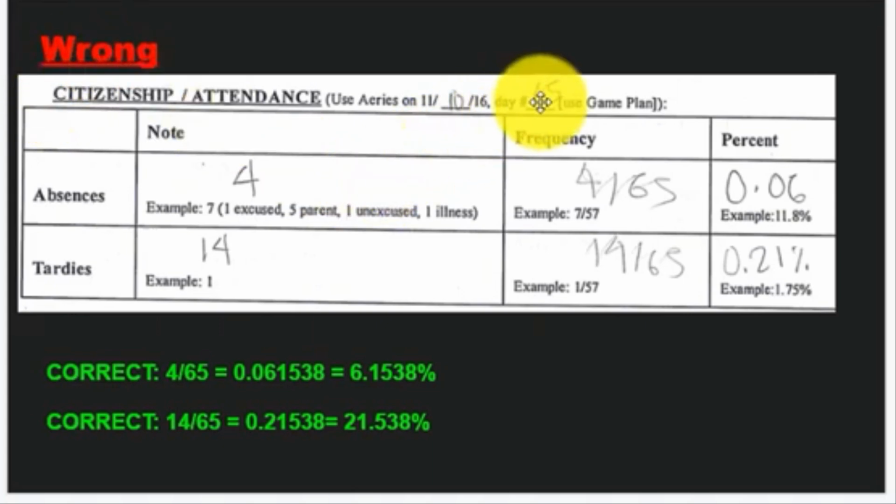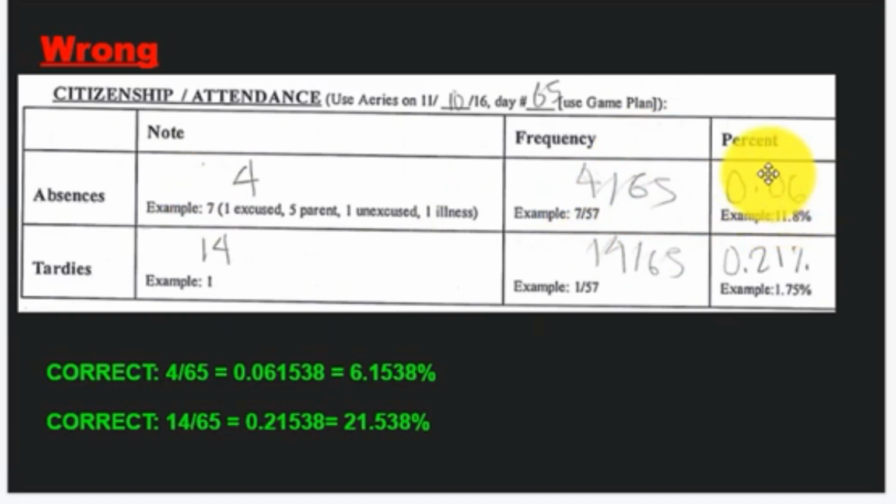Okay, so today is day number what? 51. So you guys will put down day 51, and then you look on your absences for this class only. Does that make sense? So for example, this student, this is a real student, on day 65 I passed it out. They had 4 absences. 4 divided by 65. You take that number and multiply it by 100. They got